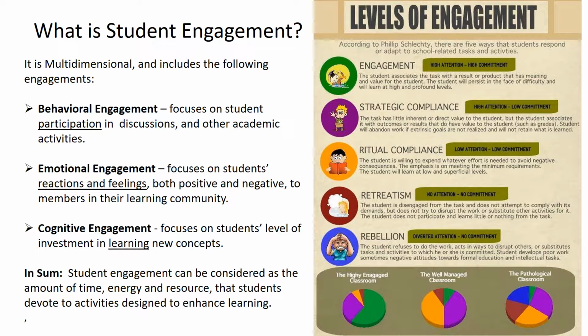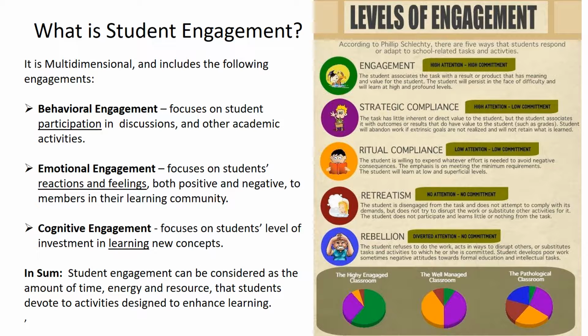The first is behavioral engagement, and this focuses on students' participation in discussions and other academic activities. Then you have emotional engagement. This focuses on students' reactions and their feelings, both positive and negative, to members in their learning community. And then you have cognitive engagement, and this focuses on students' level of investment in learning new concepts. In summary, student engagement can be considered as the amount of time, energy, and resources that students devote to activities